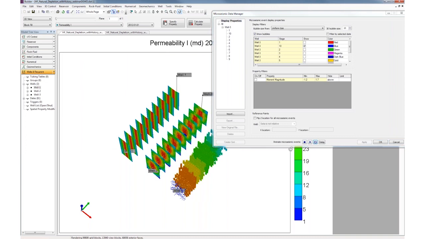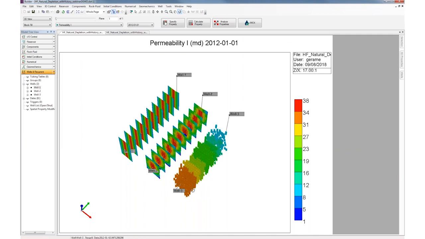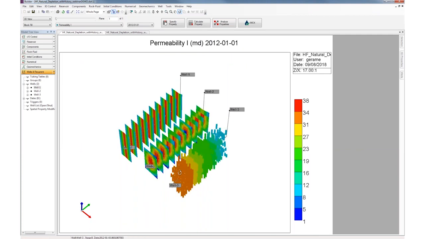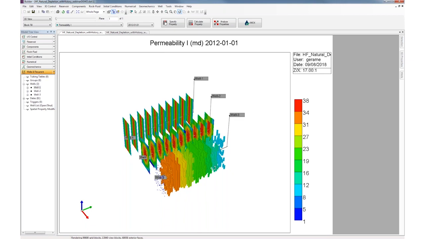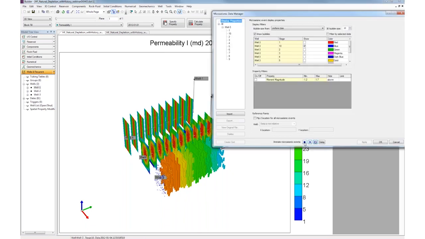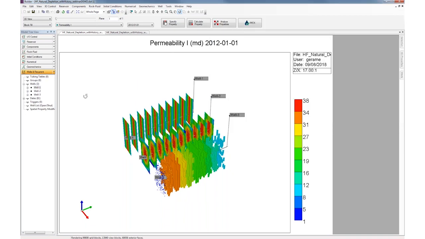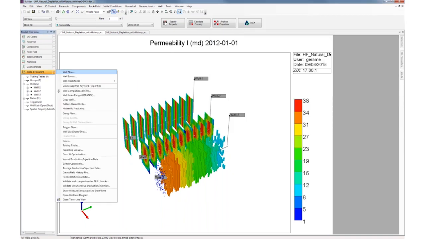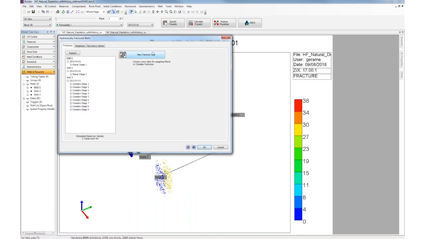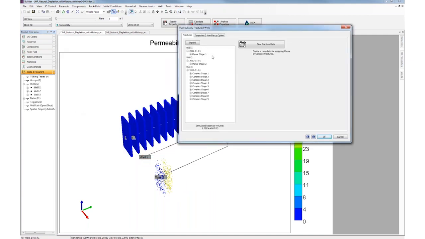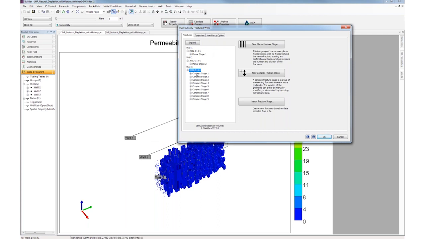We can also animate the microseismic data. So if I click on the play button there, you can see that we have the microseismic events. In this particular case, it's going to be the moment magnitude of that microseismic data. And if I choose to stop the animation, I can go back into the wells and recurrent section, click on hydraulic fracturing, and now I'm going to apply a complex fracture according to when we see those microseismic events. So what I'll do is I will go into well number 3, click on the date